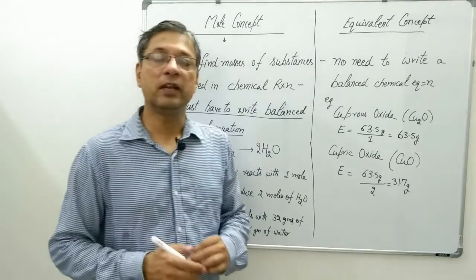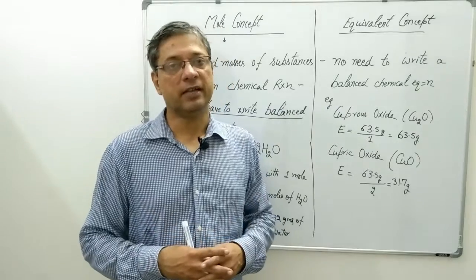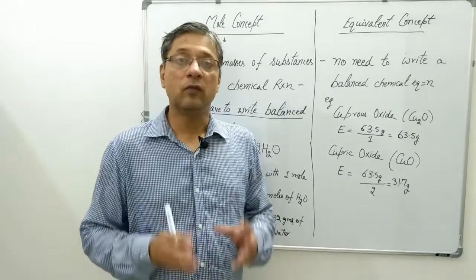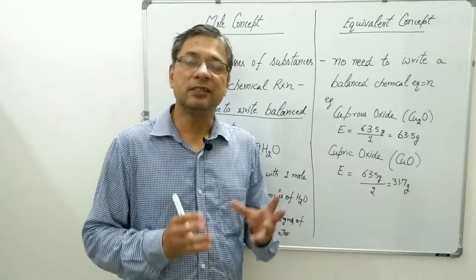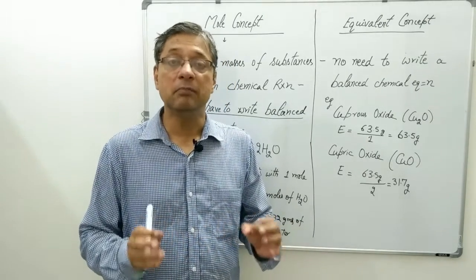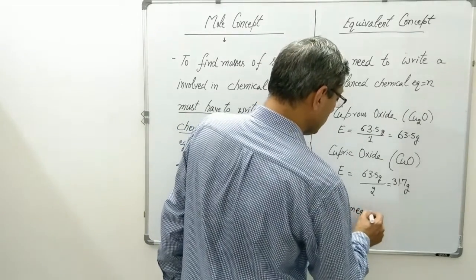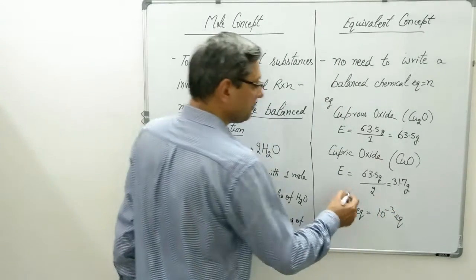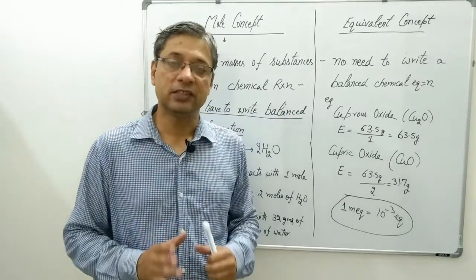Multiple values of equivalent masses of many elements created confusion in analysis of chemical reactions. Therefore, the equivalent concept was discarded. However, we still use equivalents. In diagnostic labs, the presence of sodium or potassium in our blood is calculated in milli-equivalents, and 1 milli-equivalent is equal to 10 to the power minus 3 equivalents. So, the equivalent concept still has some use in our day-to-day life, that is, in diagnostic reports.